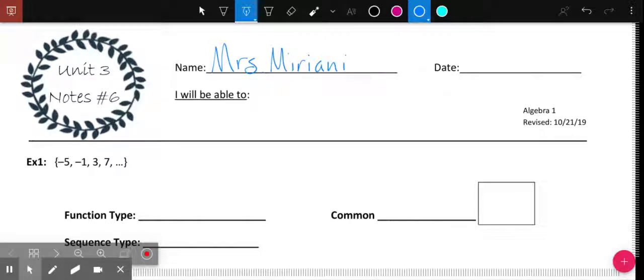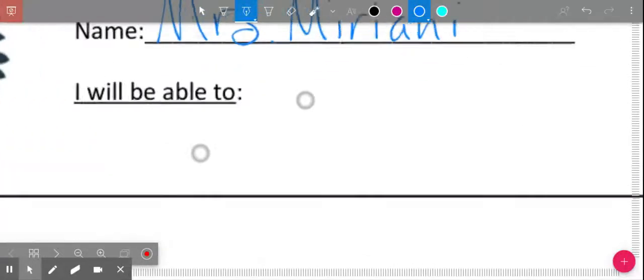Right, so we're going to be looking at Unit 3, Notes number 6. And for Unit 3, we're still looking at all different types of functions, but now we're going to be looking at how we can actually represent those functions in a little bit different way. So today the goal is I will be able to